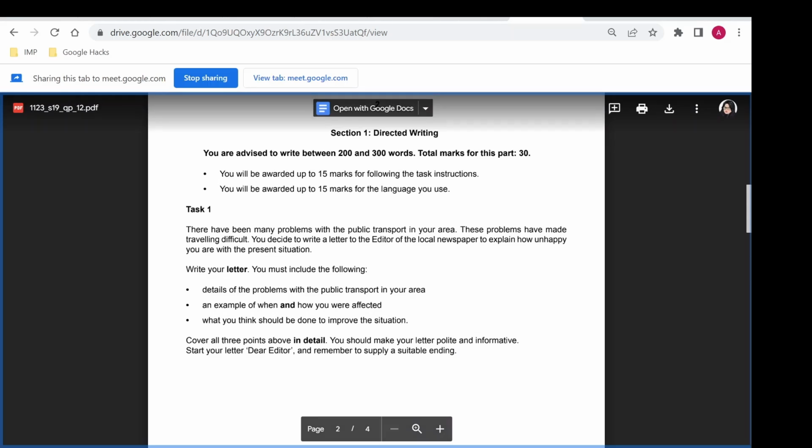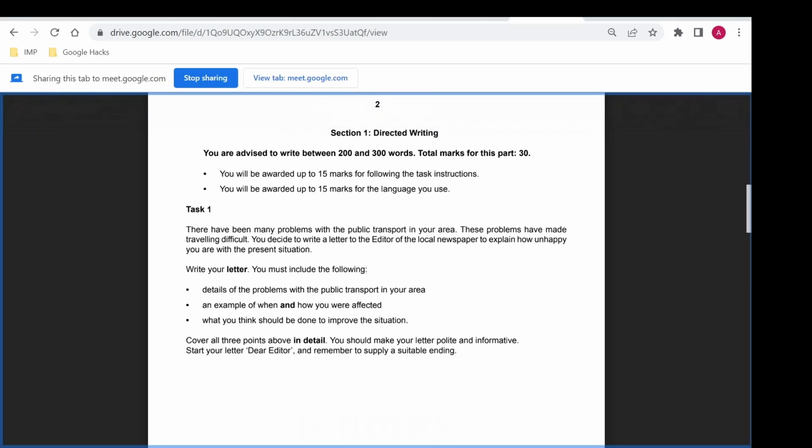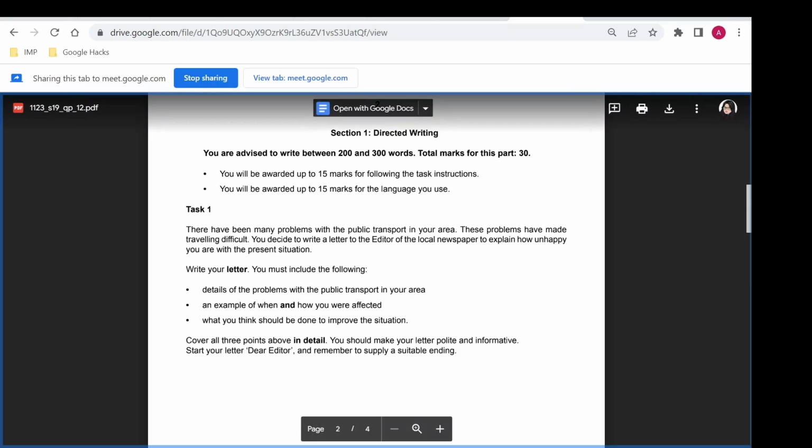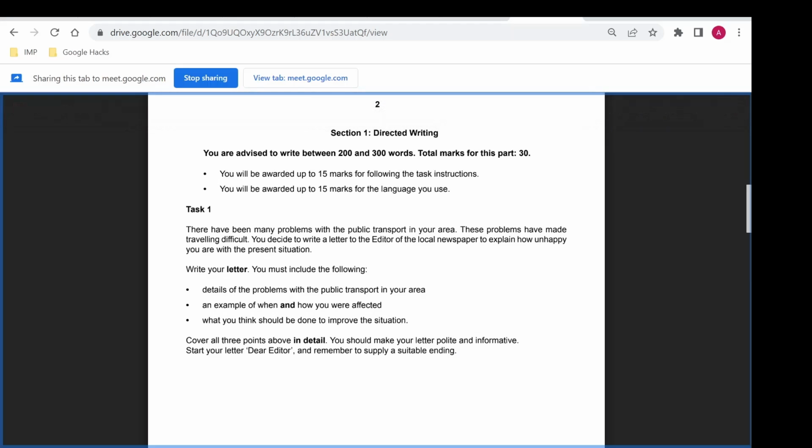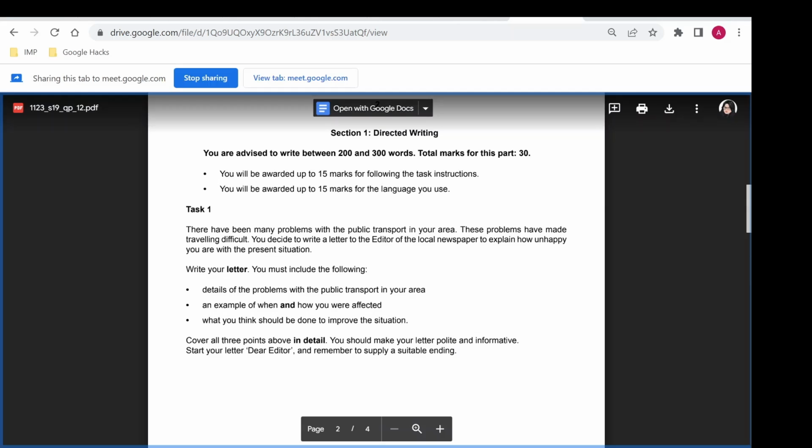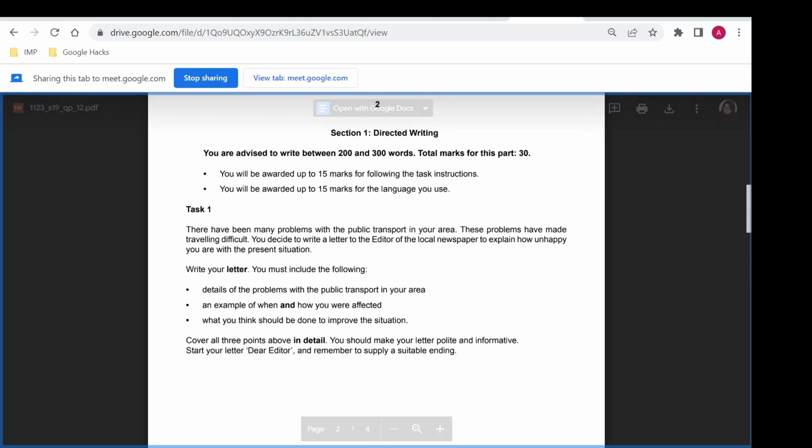All right, the situation is given to you. You are assessed on your ability to fulfill the task requirements, which we call task fulfillment. Task fulfillment carries 15 marks, and then language, which includes mechanics, spellings, punctuation, grammar, everything with regards to vocabulary usage, sentence structure, syntax, all of that, 15 marks. And then you'll also be taking a look at the mark schemes, because you're appearing in the exam paper, so you'll also need to know that.